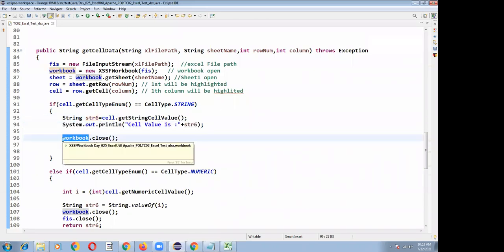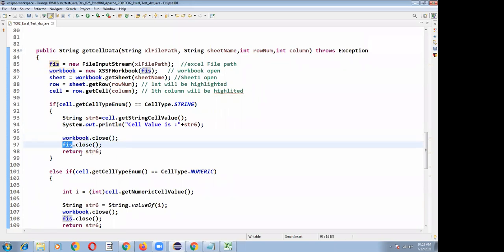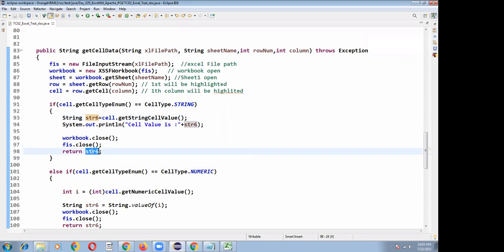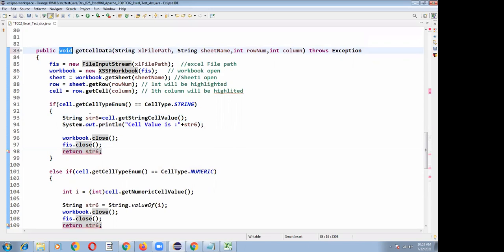After that, I'm closing my workbook and FIS.close, because I have to close the workbook and file operations. After that, I'm returning this str6, which contains some value. If you want to get the value, you have to write return str6. Generally we will write public void here, but since I'm returning str6, it is suggesting change method return type to string.